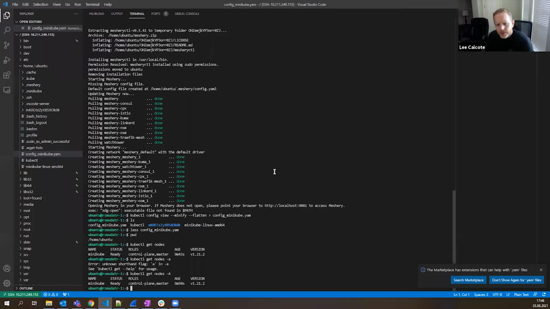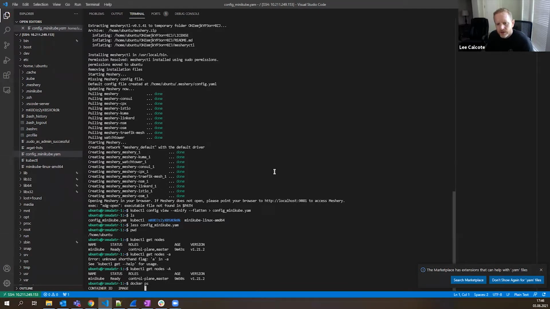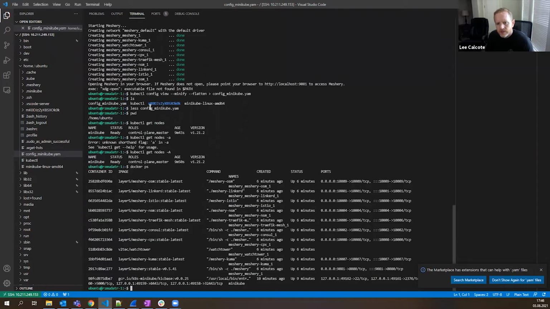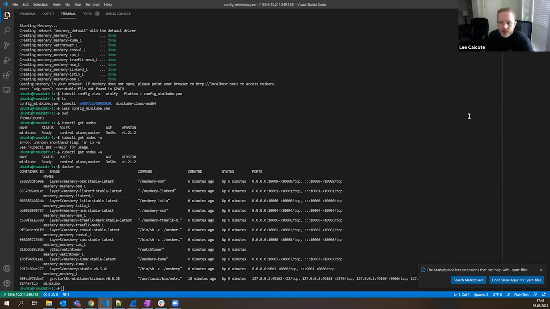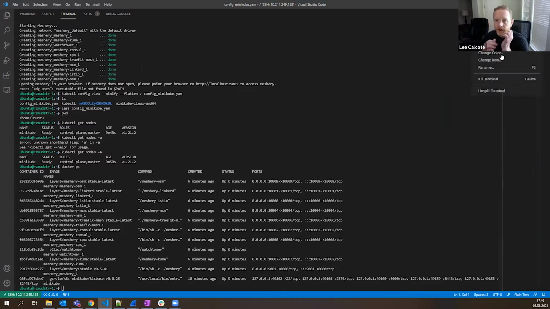If you do a docker ps here, okay, so you've got Meshery running locally. And yep, so it must be a network connectivity challenge, because if you do minikube ip,